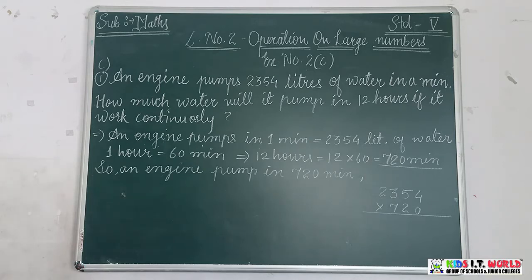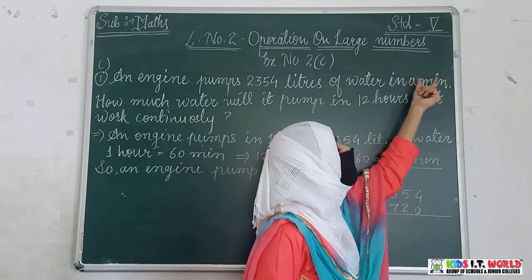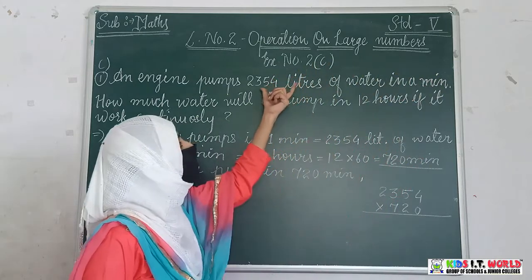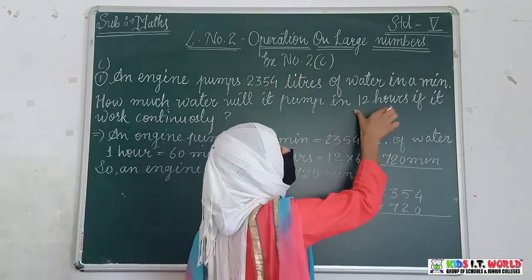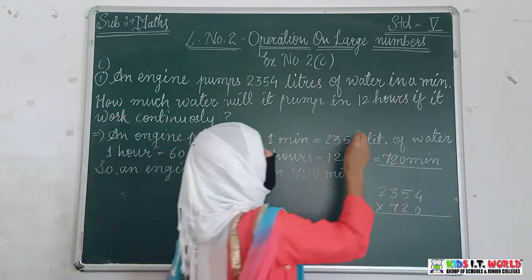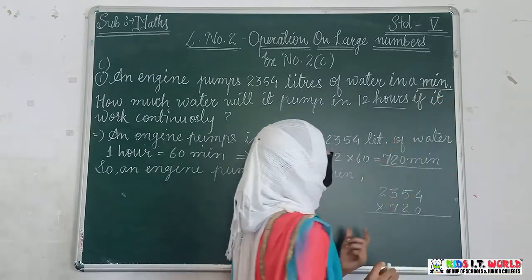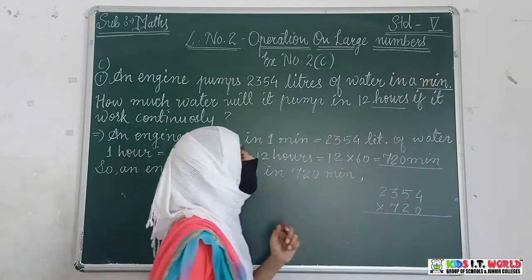So what you have to find? You have to find how much water it will pump in the 12 hours. See the difference in the question. What is the difference? They have given you the data in a minute. Means कि वो 1 मिनट में इतना लीटर वाटर पंप कर रहा है और आपको फाइंड करना है कि वो 12 आवर्स पे कितना करेगा. सो पहले क्वेश्चन अच्छे से पढ़िए कि यहाँ पर डिफरेंट यूनिट्स है, टाइम के डिफरेंट यूनिट्स है. मीन्स आपको वैल्यू मिनट की दी गई है और आपको आवर्स का फाइंड आउट करना है.